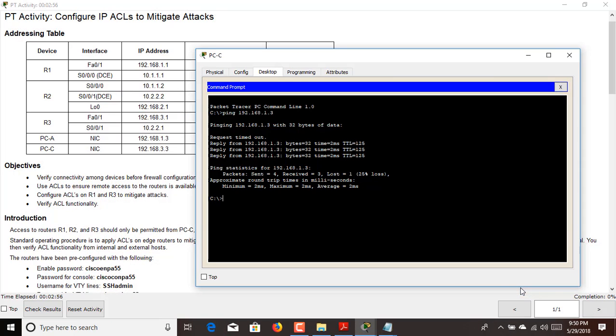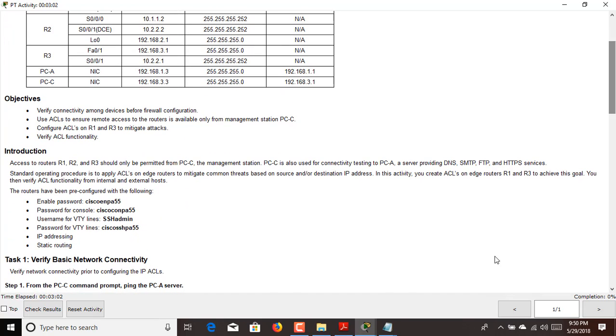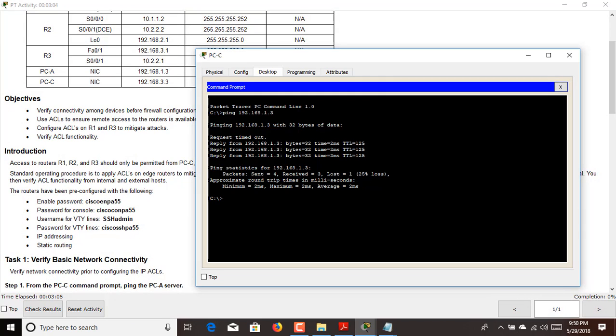So you need to type the command SSH hyphen L, then SSH admin, then the IP address 192.168.2.1. The password is Cisco SSH PA 55. So it is taking us into router 2. So the second test